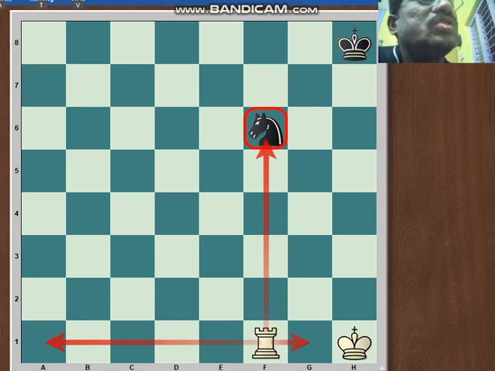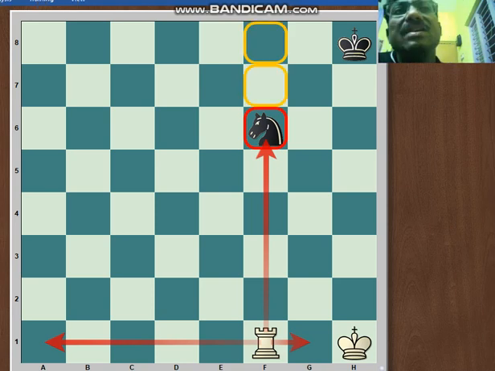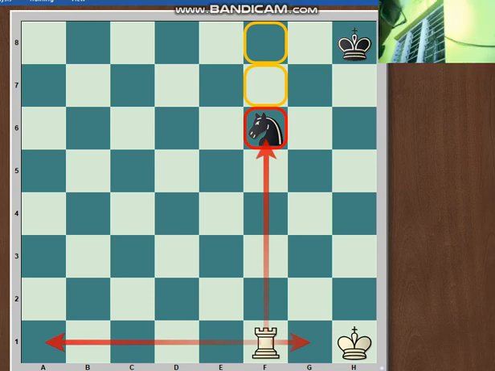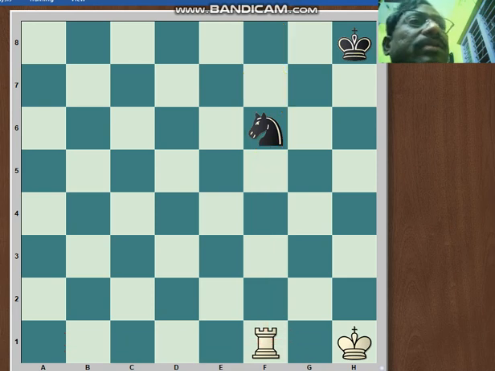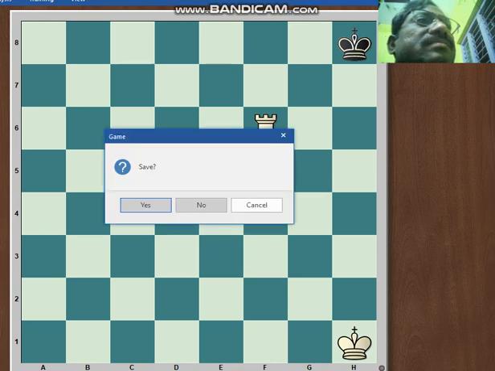This is the last square. These two should not be moved to. These yellow squares the rook cannot move to. This is the last square to capture and stop. Like this, it cannot go to these two squares. Okay, these are the rook moves.